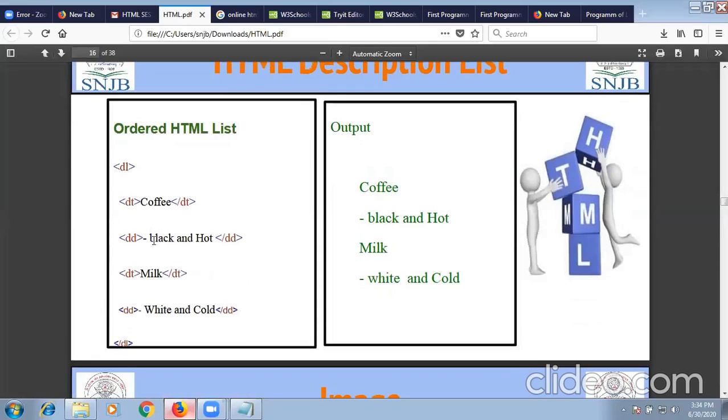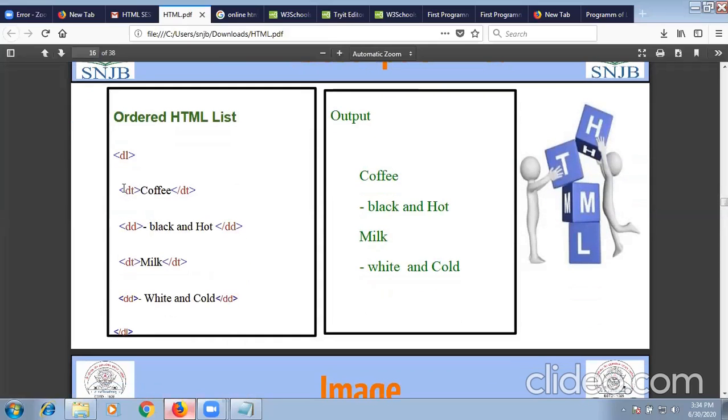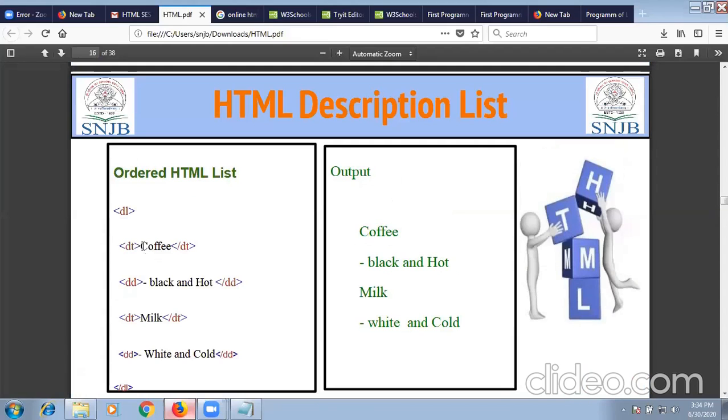So what is the main data? My main data is coffee, so I will use the DT tag for this. The main text is the description text, for the word for which I want a description, so description text for coffee. And the description data is DD, which will be black and hot.